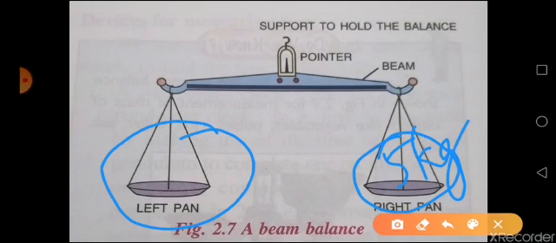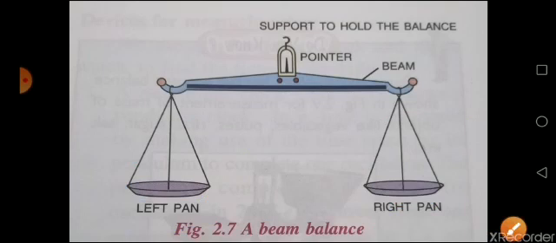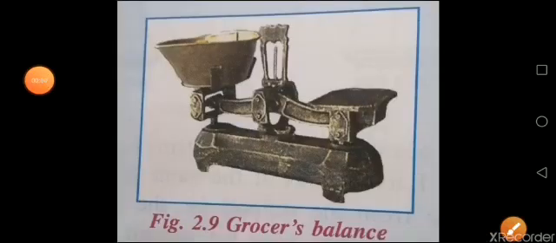Now, when you put the material you want to buy in the left pan, when it becomes equivalent to 5 kg, both pans will come to equilibrium, or come to the same position or the same height. If one pan is down, it means that on that side the weight is more. Accordingly, you can adjust and buy the objects whatever you want. That is how you are going to measure using a beam balance.